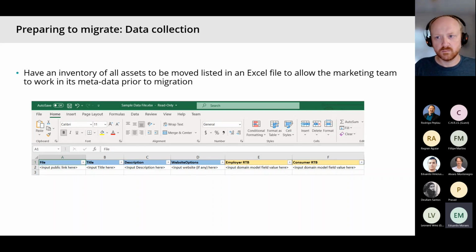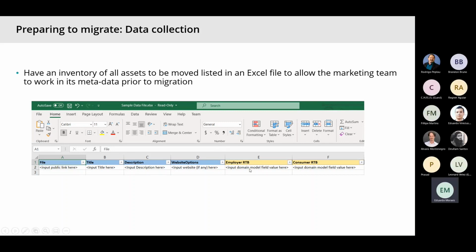Each field will match your schema's field names. There you will have the public link for your file, where it can be retrieved from, and all the other fields that you want to migrate.